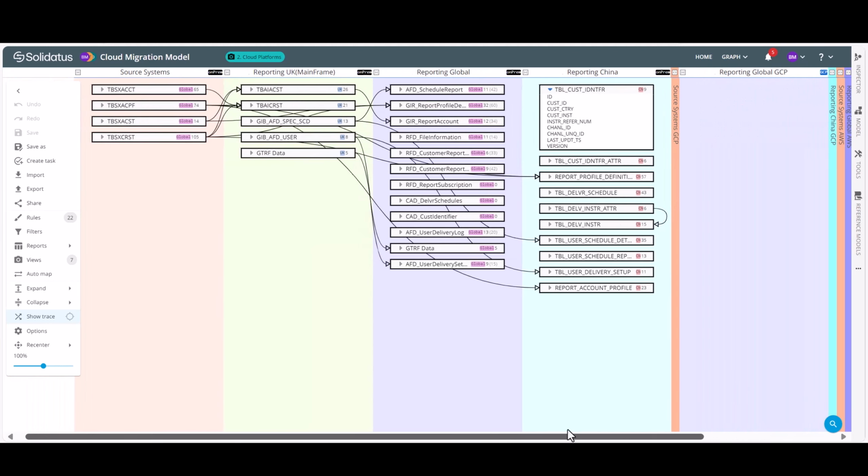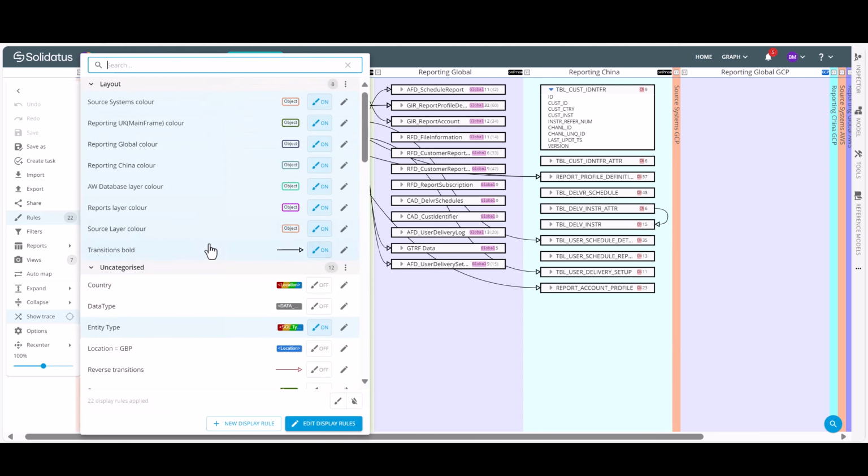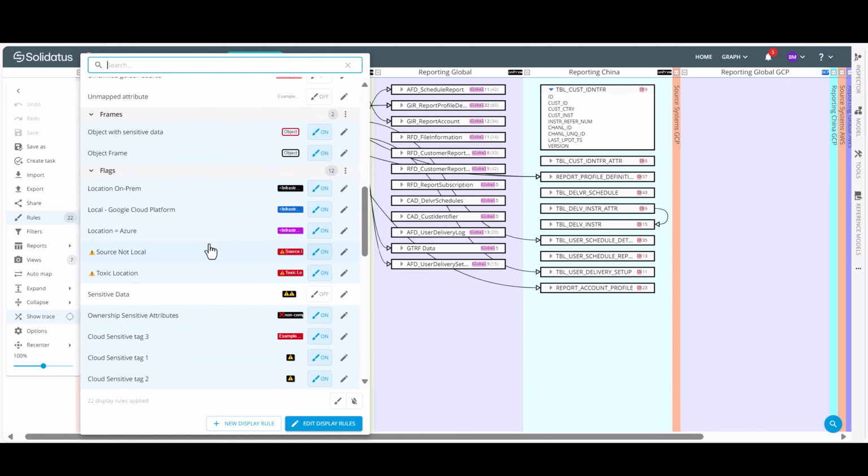In Solidatus, we use display rules to build logically provable policy into a model that interactively helps plan a cloud migration. Let's have a look at some of these rules. We can see here these two, source not local and toxic location. If we open these up,